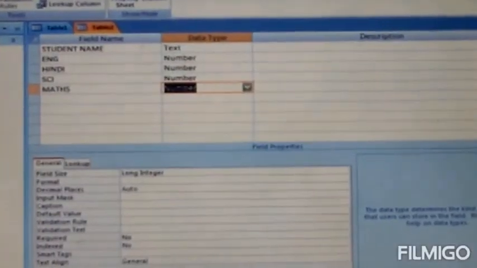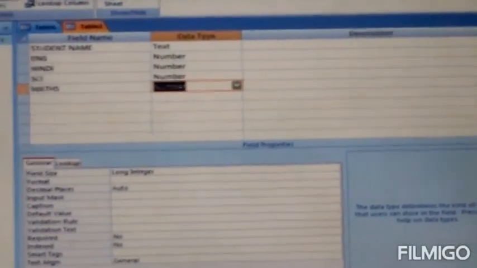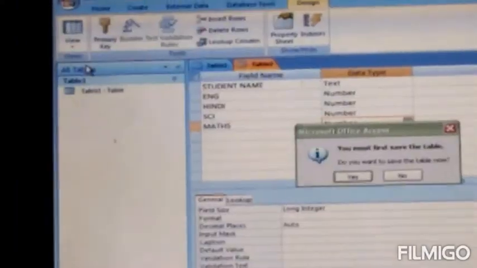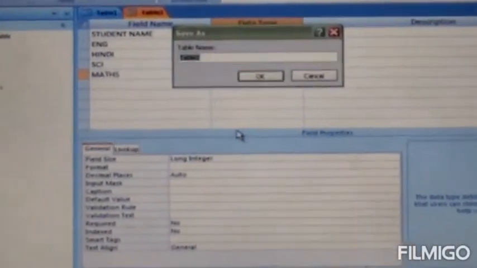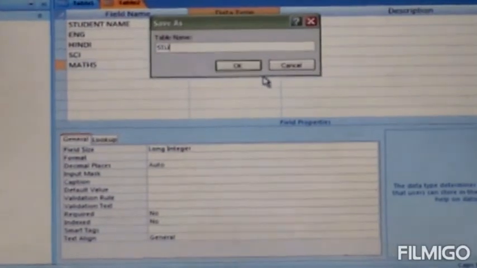To enter information, click on the View tab and select Datasheet View. Firstly, you need to save the table.